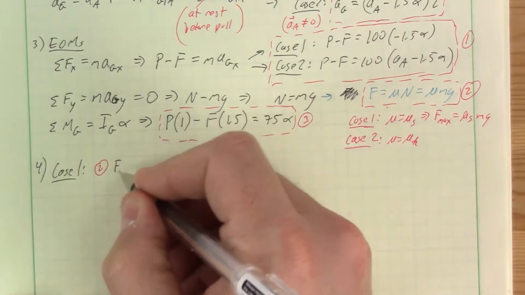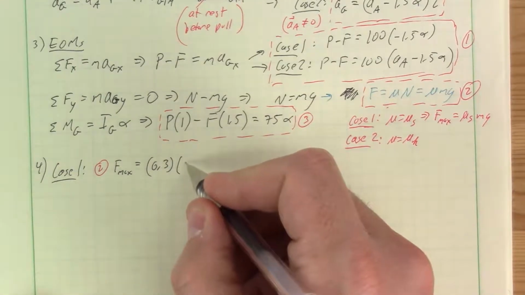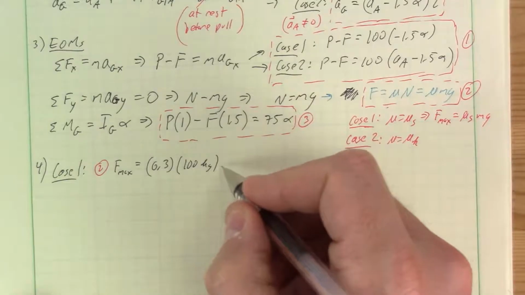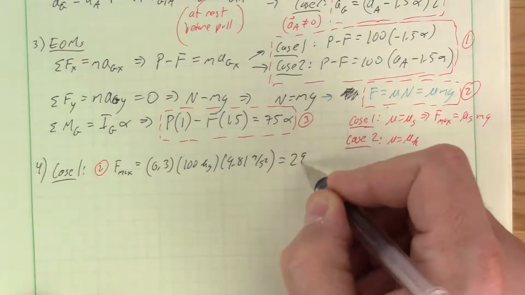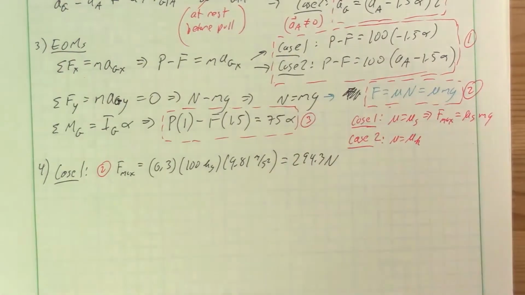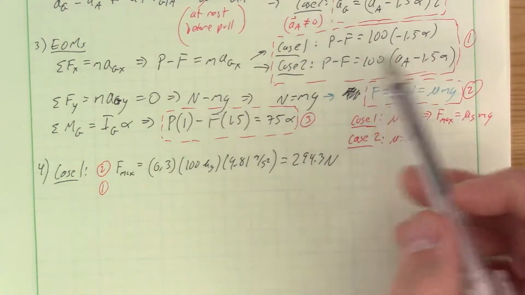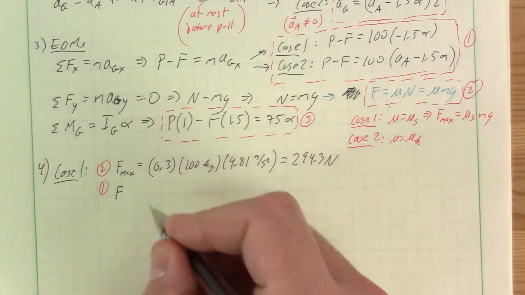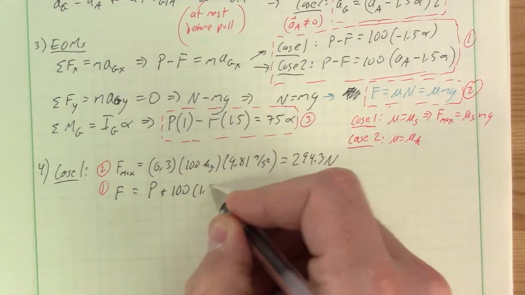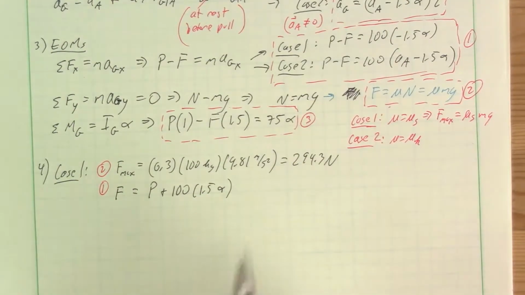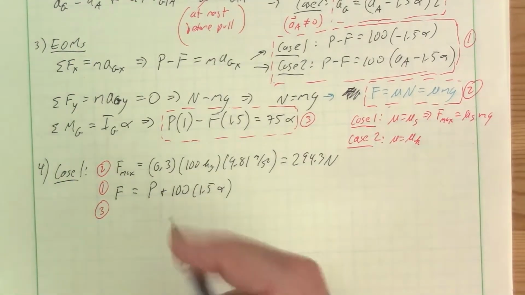Which says that our F max is 0.3, that's our coefficient of static friction, times the mass, which is 100 kilograms, times gravity, which is 9.81 meters per second squared. This is 294.3 newtons. Okay, if we then look at number 1, it's up here, this says that our friction force is the applied pull plus 100 times 1.5 alpha. Okay, we don't know alpha or the friction force. So let's see what 3 tells us, right? 3 tells us that we have